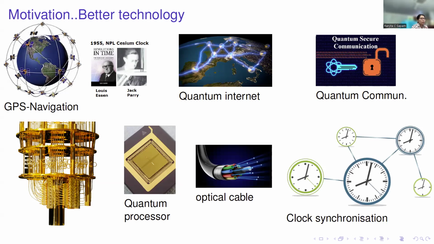And these quantum processors need to be connected to make a quantum internet. How will we connect them? Either in free space, or we will be using optical cables which are already in use, meaning the telephone network cable or the internet cable, optical cable lying in the ground in Imphal, that can be used for quantum communications also. So what does it mean?